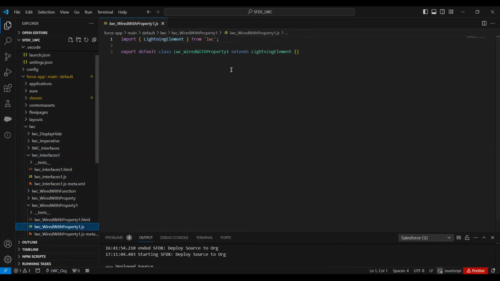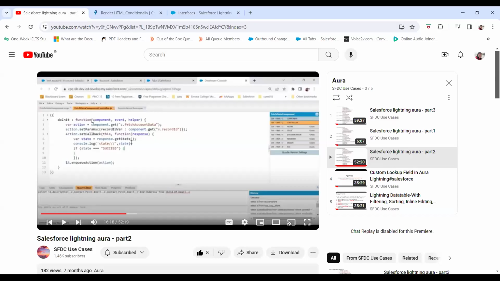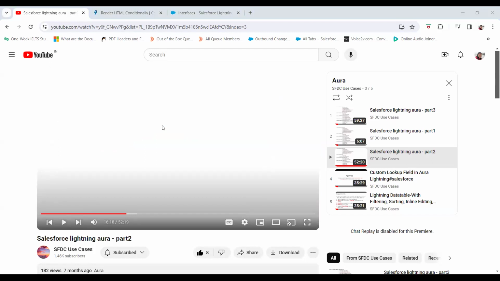HTML we'll do later. First, I'll show you this part. Now, like I told you, over here you mentioned the controller wherein you give the Apex name, and over here you give the method name. But how do you do it in LWC is,